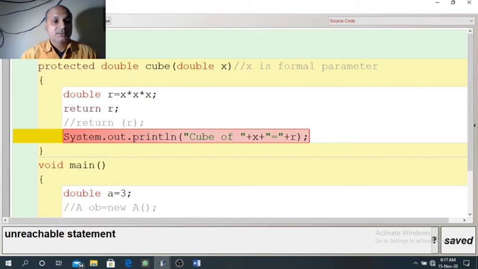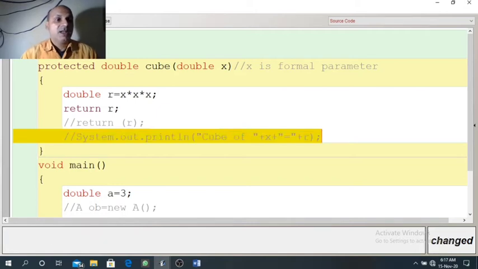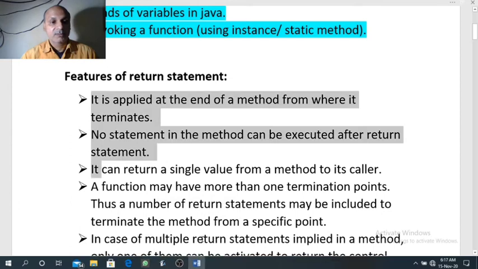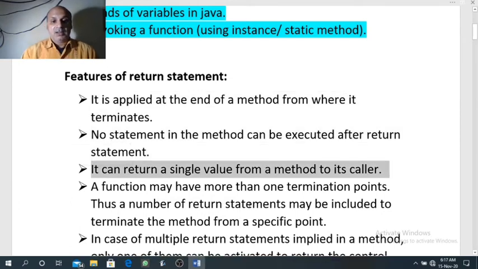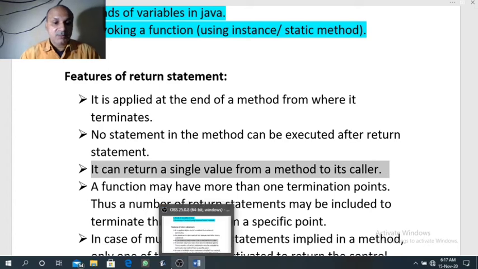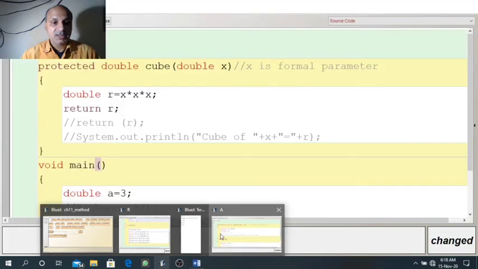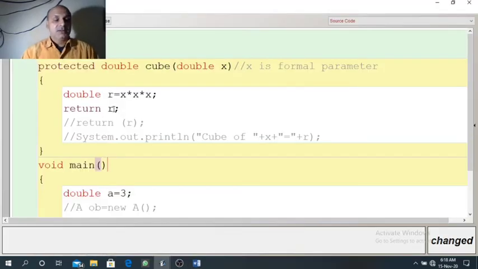Third point was, we can return only a single value from a method. This point. So in all the previous programs you have seen, I have used single value in the return statement. Like here,